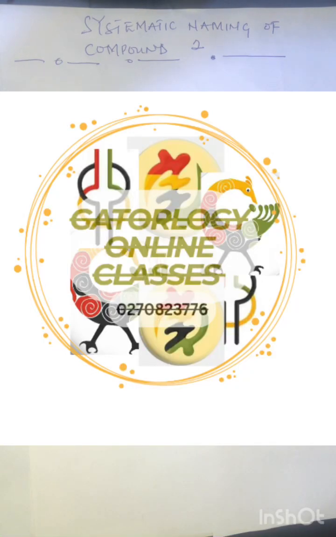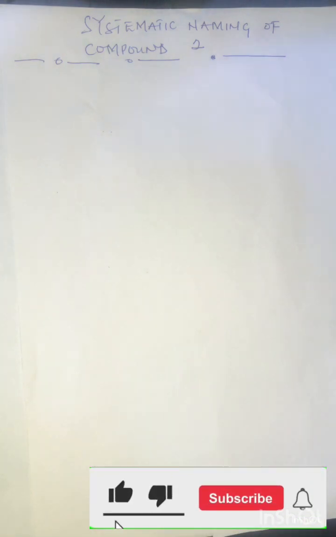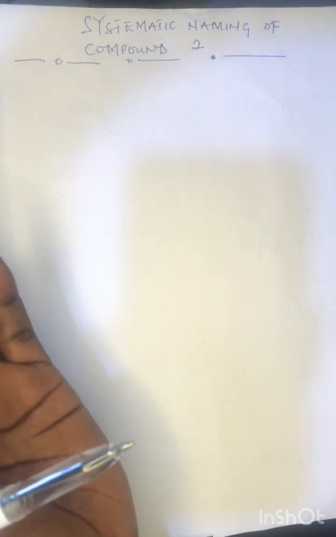Good day, viewers. We are continuing with the systematic naming one. Today, we'll be looking at another interesting side of it. We are trying to learn the two at a go. In my previous video, I made mention that whenever we want to write the systematic name of two compounds, just like that,